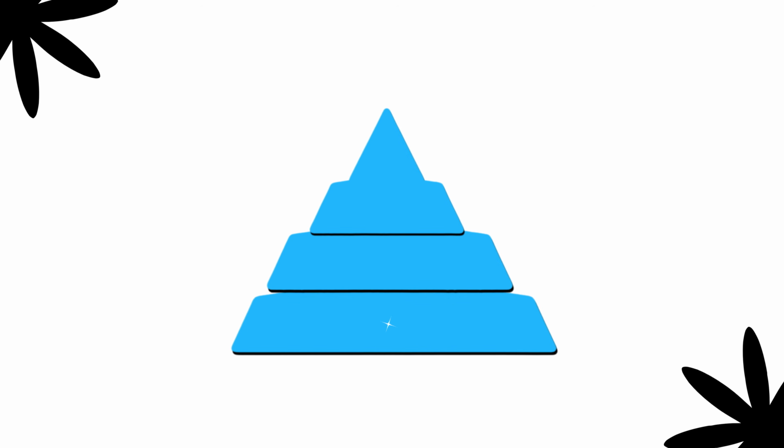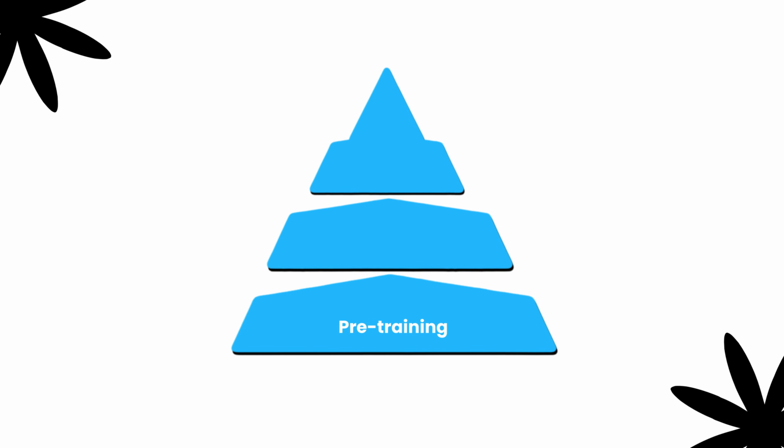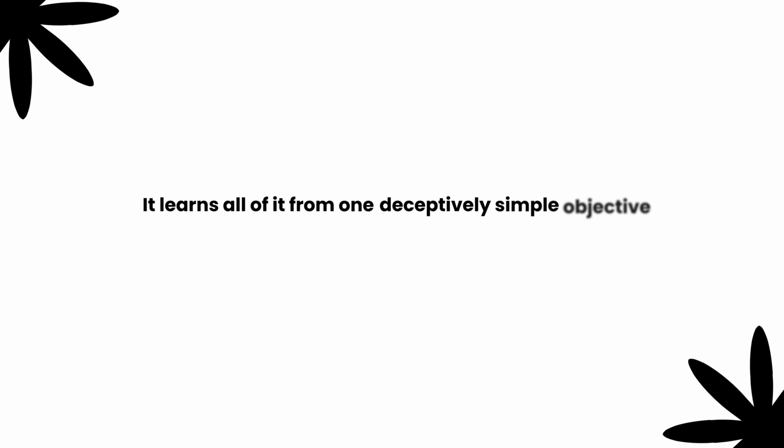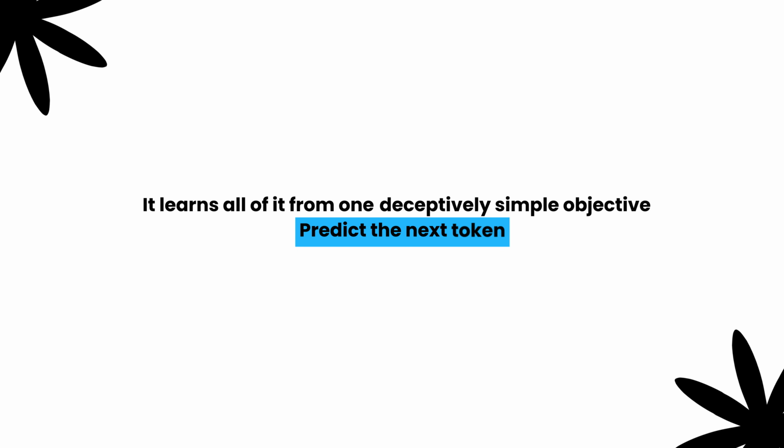Let's start at the bottom with pre-training because everything else is built on top of it. So pre-training is where a model reads a huge chunk of the internet and learns how language, code, and reasoning patterns actually work. And it learns all of it from one deceptively simple objective: predict the next token. That's it. The model sees a stretch of text, guesses what comes next, checks how wrong it was, and adjusts. Now, do that across trillions of tokens and grammar, facts, coding patterns, and the relationship between a question and its answer all fall out of the same game. Nobody is really handwriting any of it.